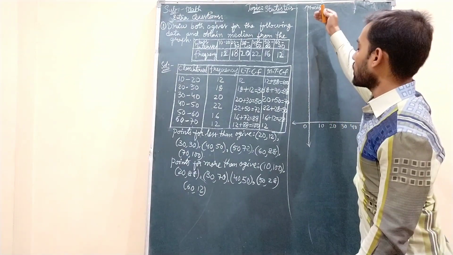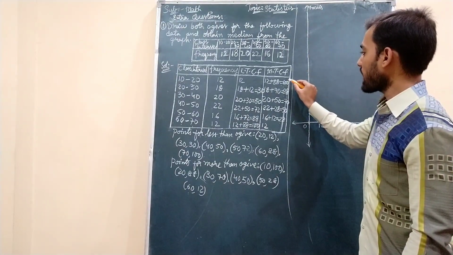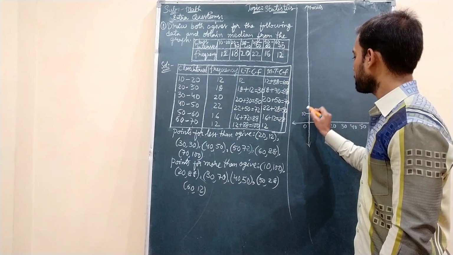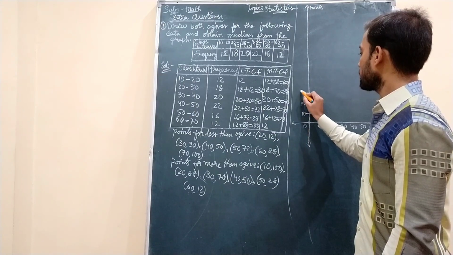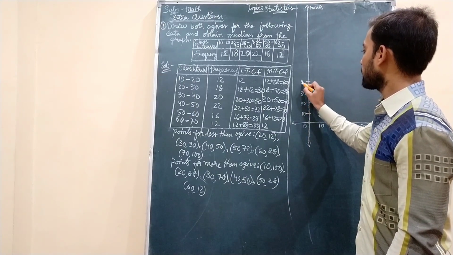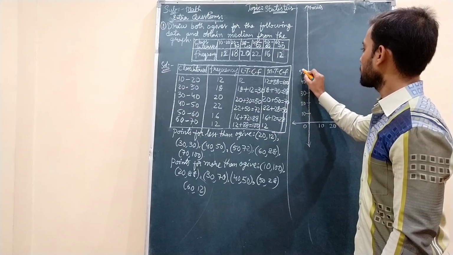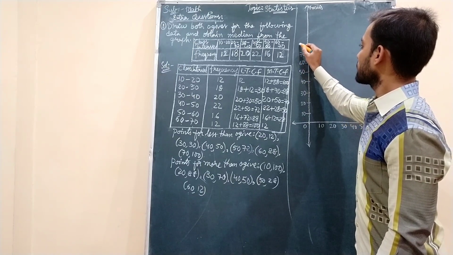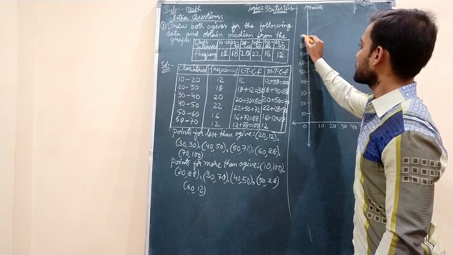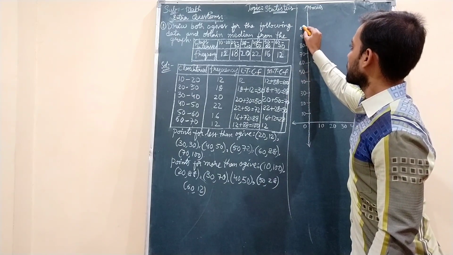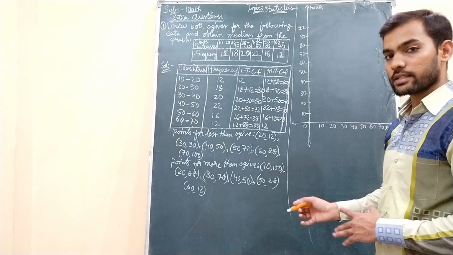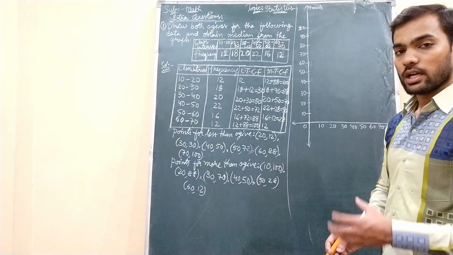Now if we want to write the values for y-axis, the maximum value is 100. So here also we will take 10, 20, 30, 40, 50, 60, 70, 80, 90, 100. Okay students, because we have taken the values on x-axis and y-axis, now we will go for plotting the points